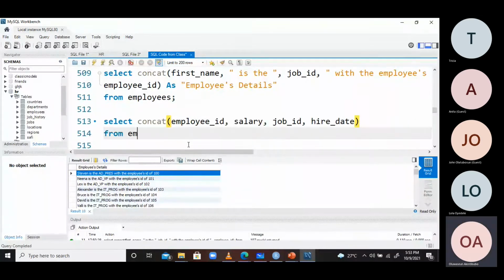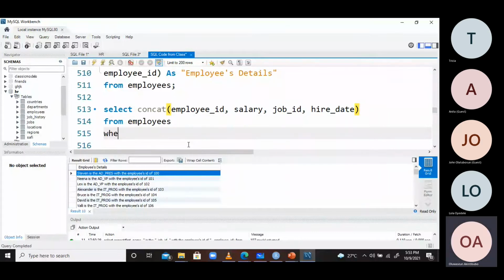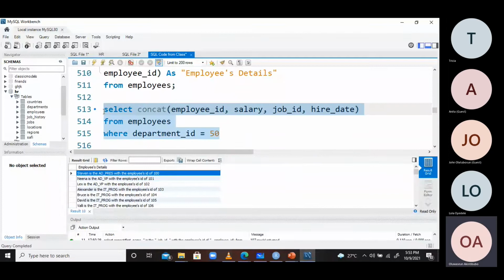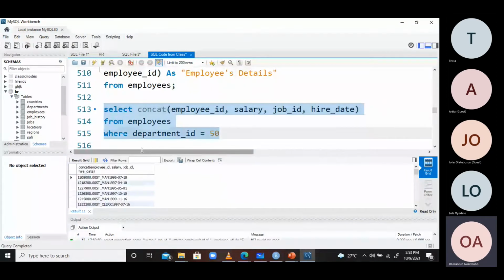From employees where department underscore ID equals 50, right? So if we run this now, it will bring the concatenated employee ID with salary,